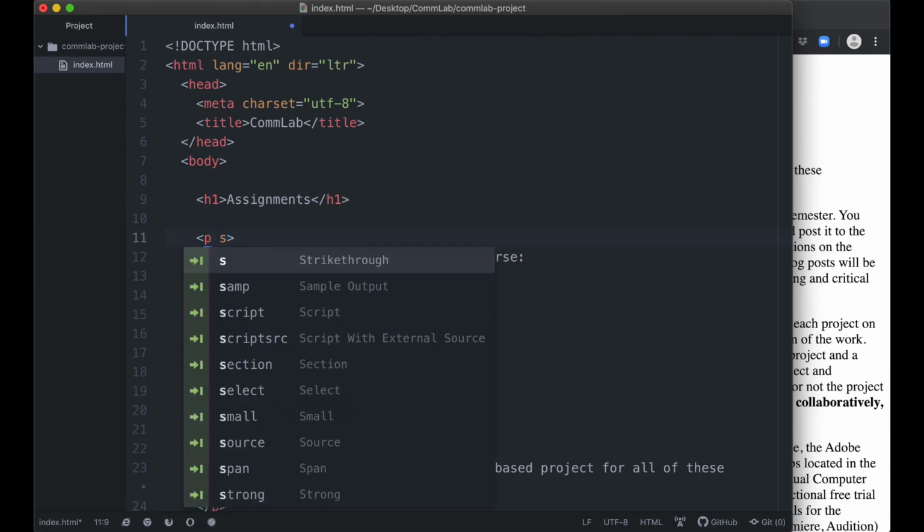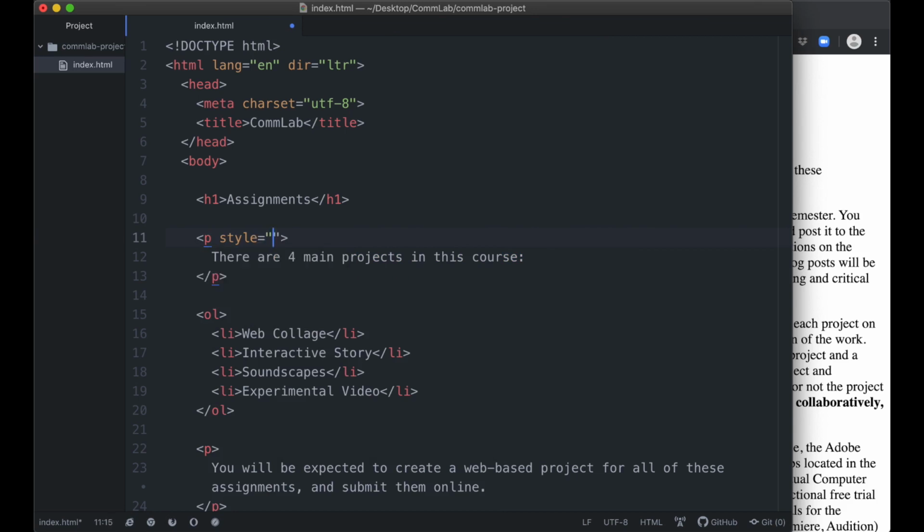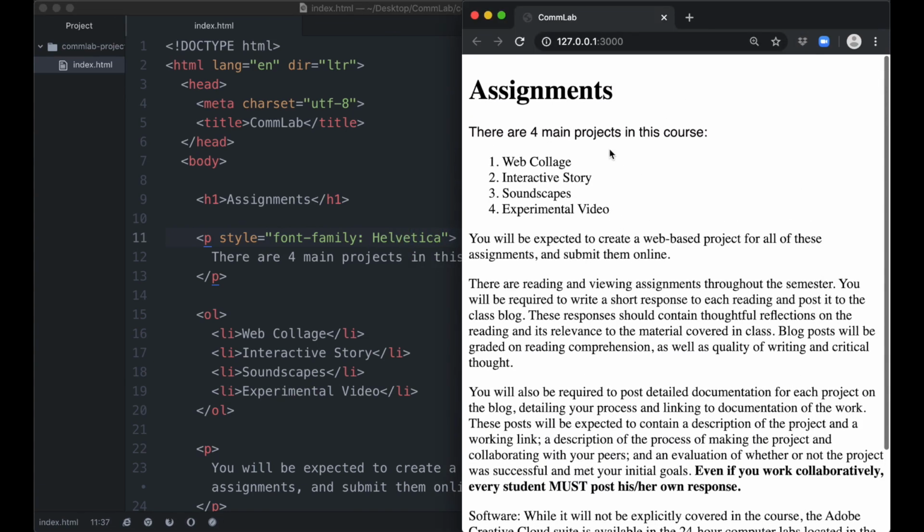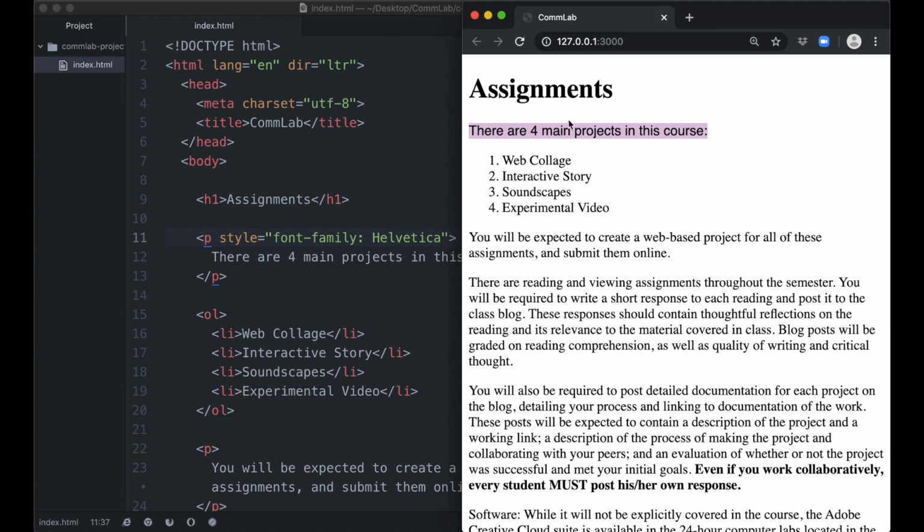So let's say style first and add font family. Once again, we are going to learn a lot more about the font, but just for now, let's use Helvetica, one type of Helvetica. As you can see, the font is changed,